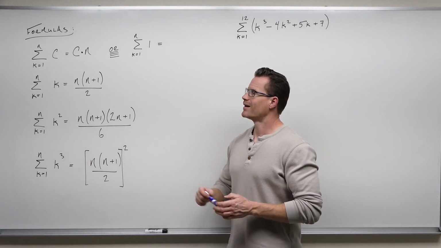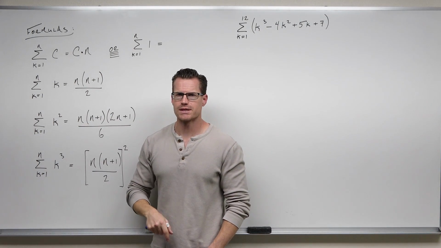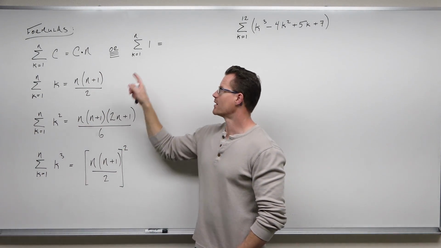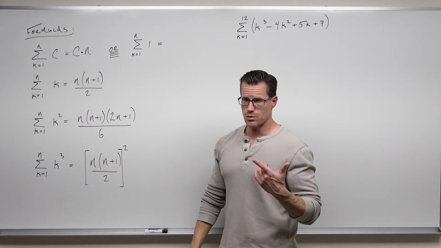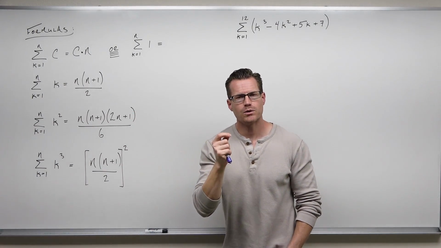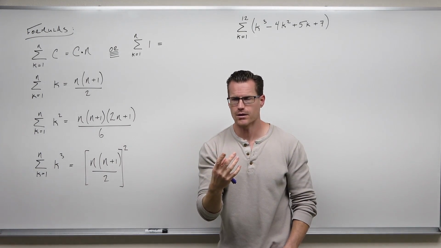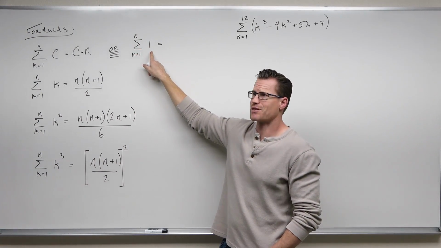Very cool. Now let's look at this one, because this one confuses a lot of people. They go, how do you get the n? Where in the world is that coming from? I want you to think about it this way first and then see that that makes sense. One thing that we can do is say, if you have a constant in there, nothing would change. There's no k in there. So this would say, plug in 1. I can't. There's nothing to plug into.